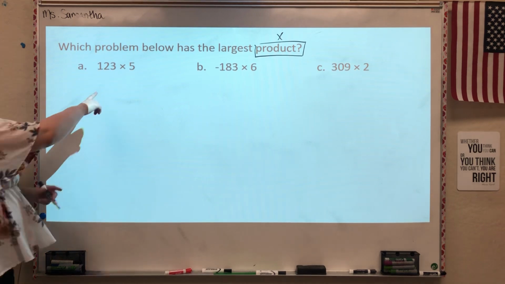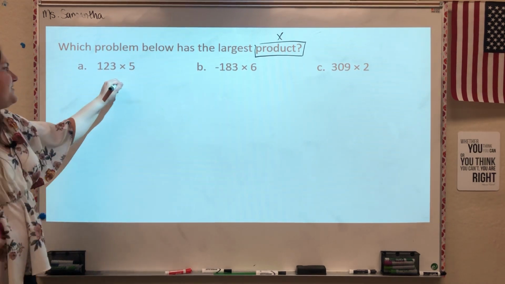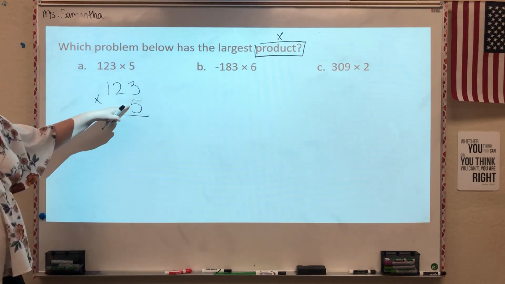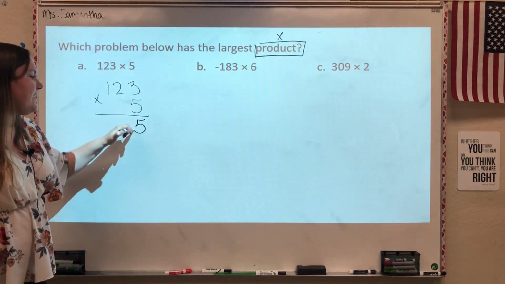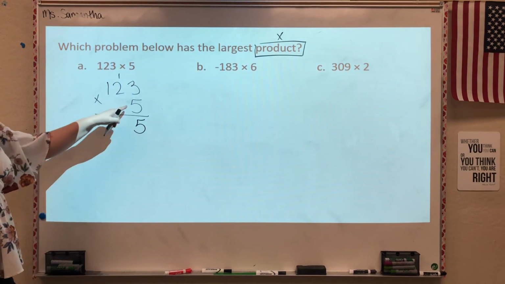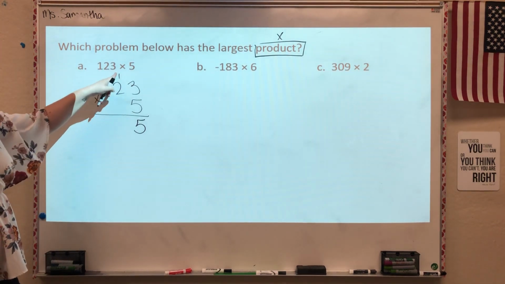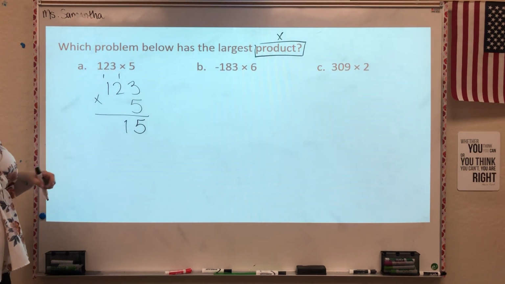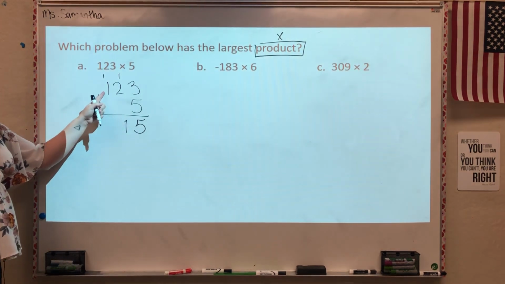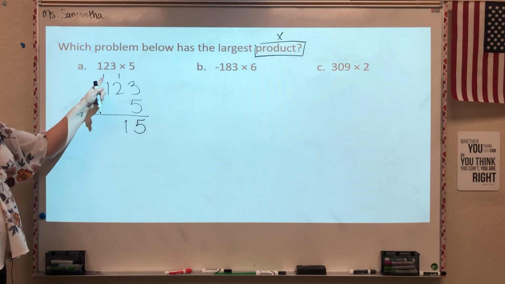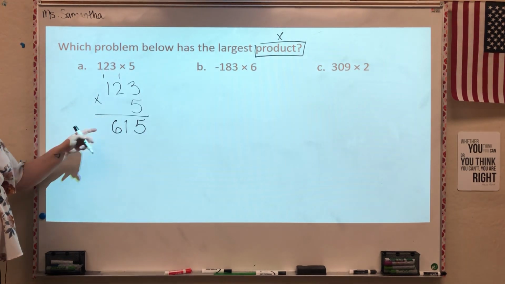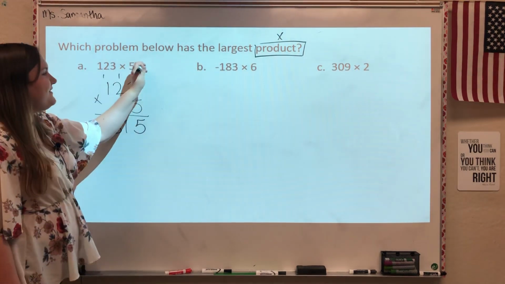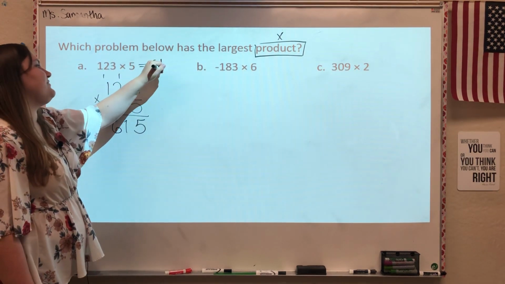All right, well, starting over here, if I wanted to do 123 times 5, we've got 3 times 5 is 15. I write my 5, carry my 1. 5 times 2 is 10, plus the 1 I carried gives me 11. Write my 1, carry another 1. 5 times 1 is 5, plus this 1 here gives me 6. And we've got the product for this first problem is